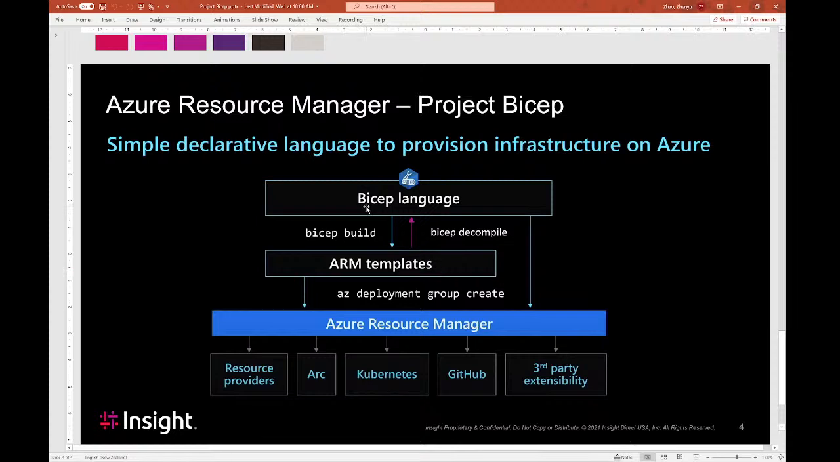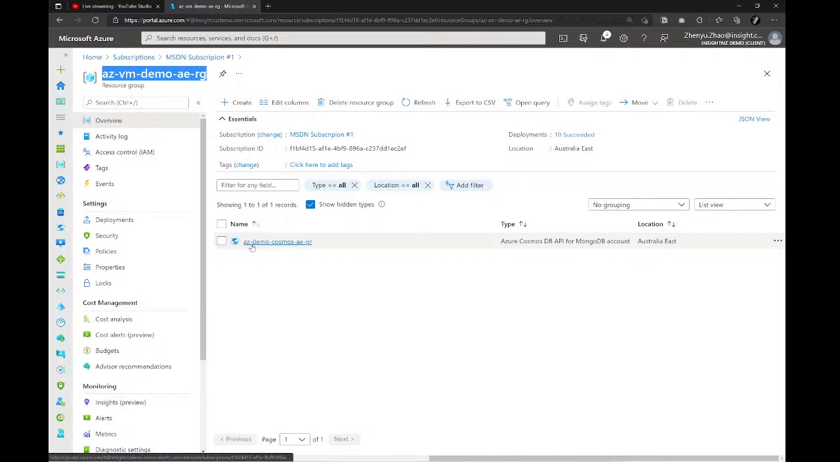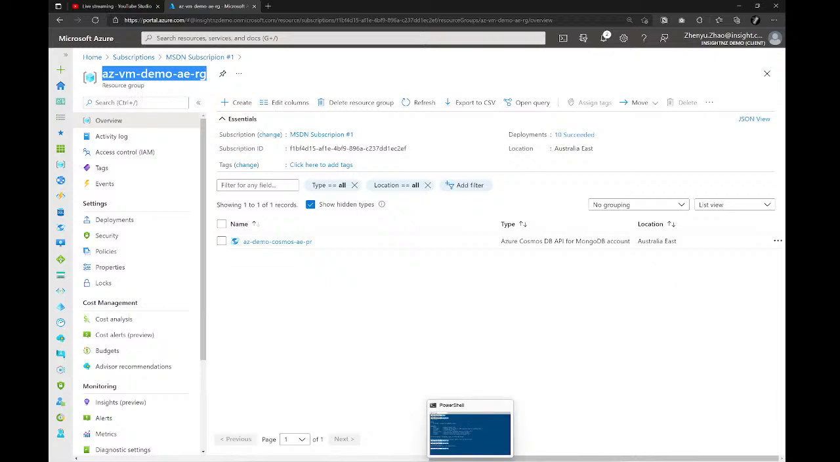So this is, I would say, the left to right workflow. How could we do the reverse way? This is a very tricky thing. I'll share one. In my demo subscription, I have one resource group called the demo resource group, and in this particular resource group, I have one Cosmos DB resource created. So let's see how we could